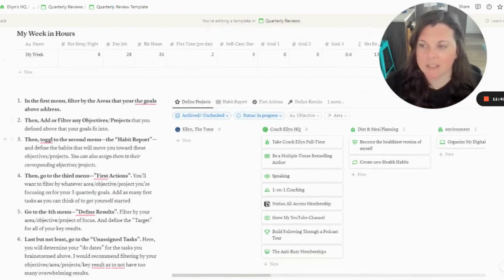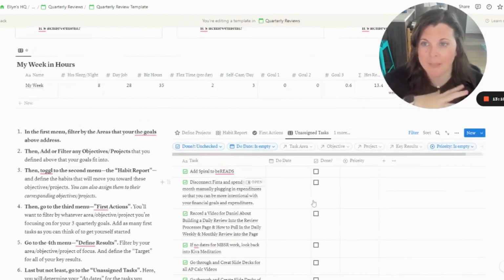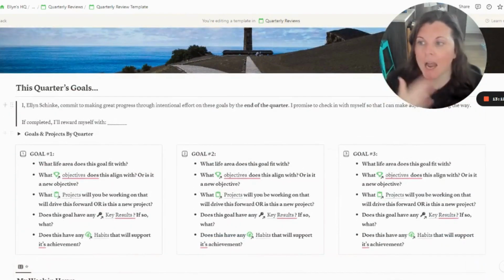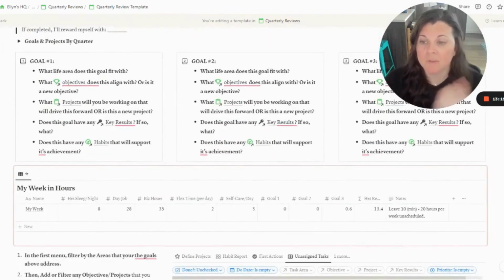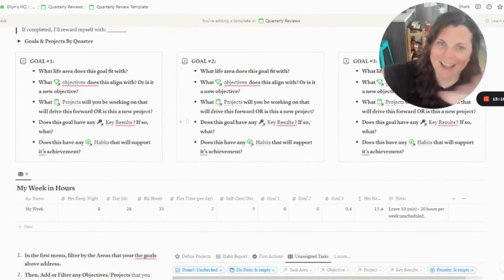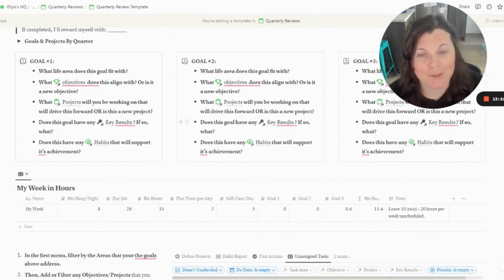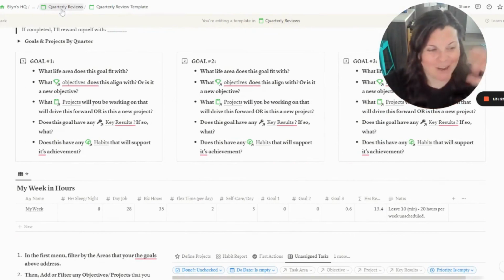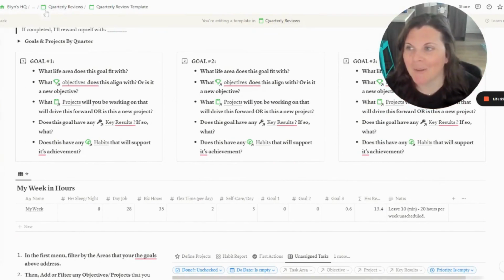And then down here, I detailed some steps for myself. So I updated this entire part down at the bottom so that it's very deliberately addressing the objectives, projects, key results, and habits that I use when I do my OKR goal setting. So that is really why I wanted to do this and wanted to share this, to bring it all back to my